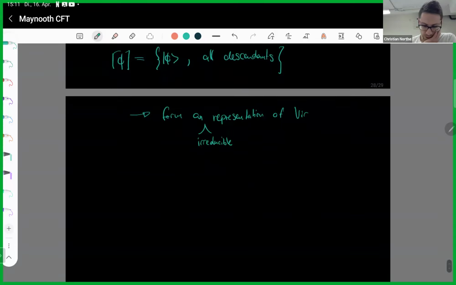Now we're going to see that in a minute. Okay, so the set, so I also